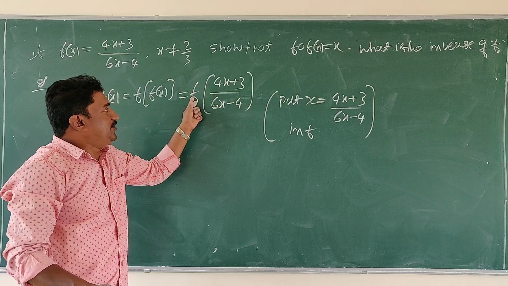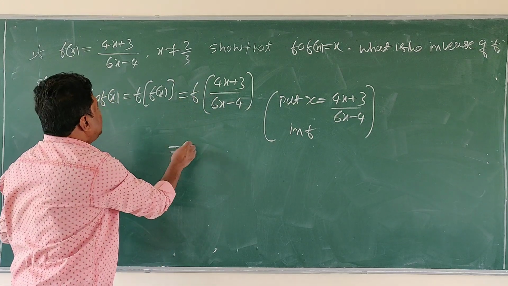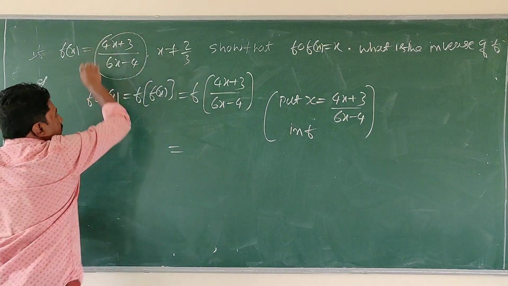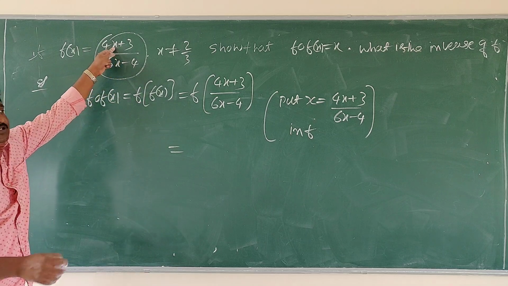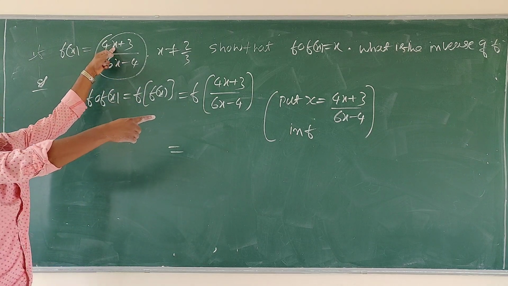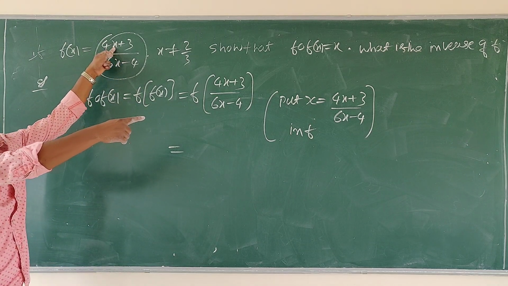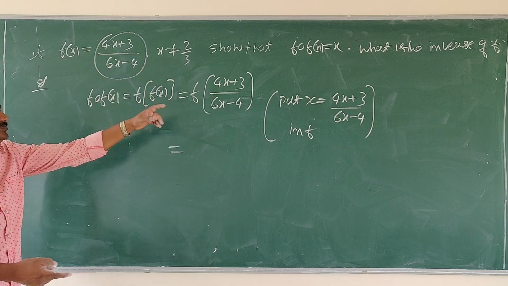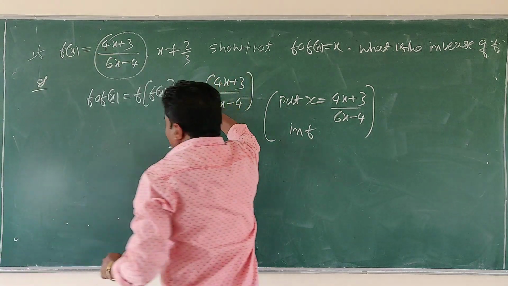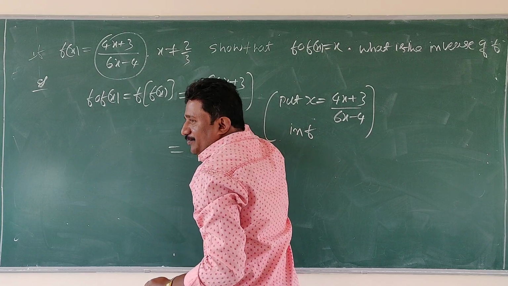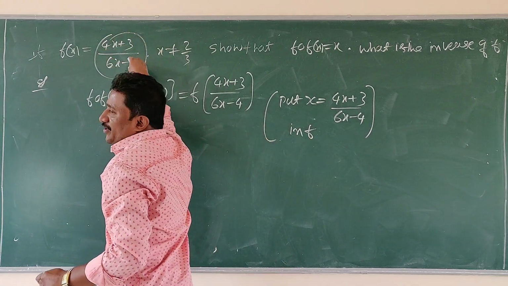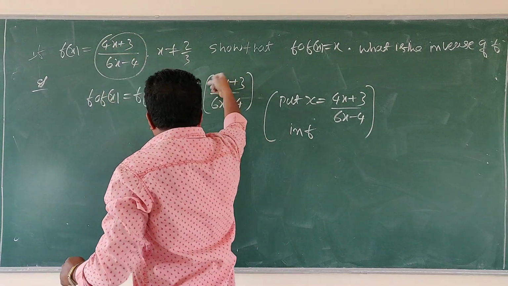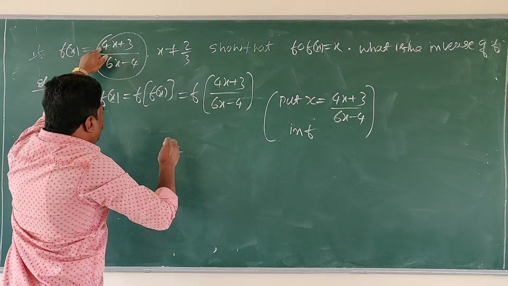Here is f. In the place of x, go on writing that quantity. Put this in f. In the place of x, you write this much. Right? 4 into,